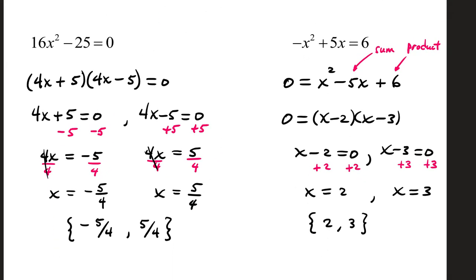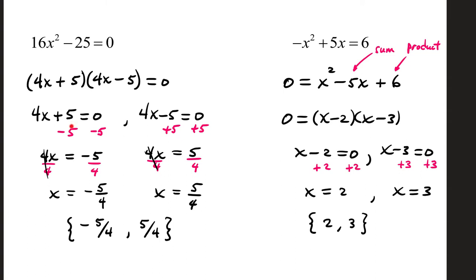In our next example, top left, we have 16x squared minus 25 equals 0. That is a difference of two squares, and you can factor that by taking the square root of each term, which will be 4x and 5, and then throwing in a plus and a minus sign. The order of those doesn't matter as long as one's positive and one is negative. Setting each factor equal to 0,